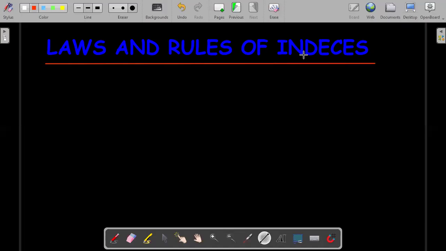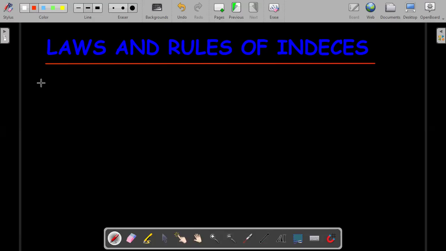In this tutorial, we are going to discuss the laws and the rules of indices. We'll look at some of the laws and rules that you need to follow when you're dealing with indices. Then in the other tutorial, we'll come with the practical questions where we'll be dealing with these indices. So let's start off and list some of the rules and laws that we need to use when dealing with indices. The first one is what we do when we are multiplying indices